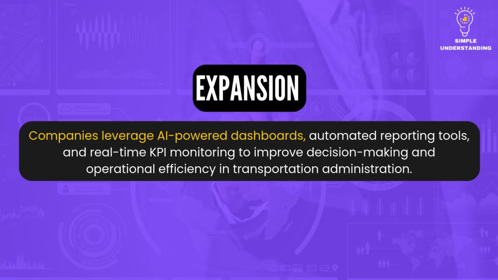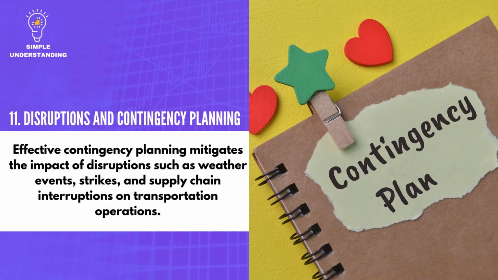Expansion. Companies leverage AI-powered dashboards, automated reporting tools, and real-time KPI monitoring to improve decision-making and operational efficiency in transportation administration. 11. Disruptions and contingency planning. Explanation. Effective contingency planning mitigates the impact of disruptions such as weather events, strikes, and supply chain interruptions on transportation